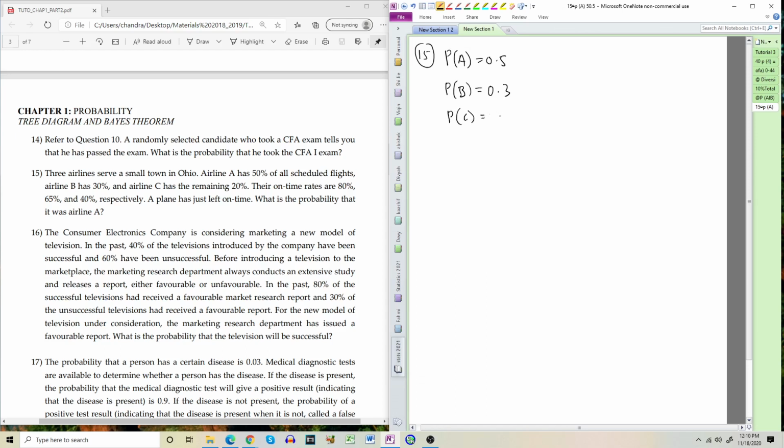C has 0.2. Their on-time rates are 80, 65 respectively. So the planes are on time. If the plane is A and it is on time, I just put T here, is 0.8. This on time is